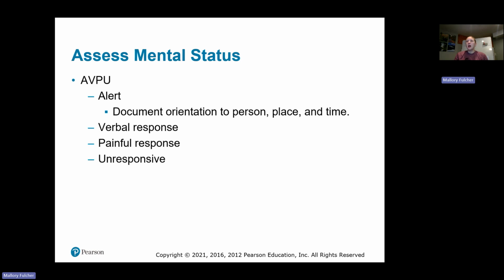Typically, we do try and document how alert they are. So you used to say AO×3, alert and oriented ×3. Now we've got 4. So it's person, place, time, and events. So who are you? Where are you? What time is it? And it doesn't have to be it's 4:41 in the afternoon. It's more of a